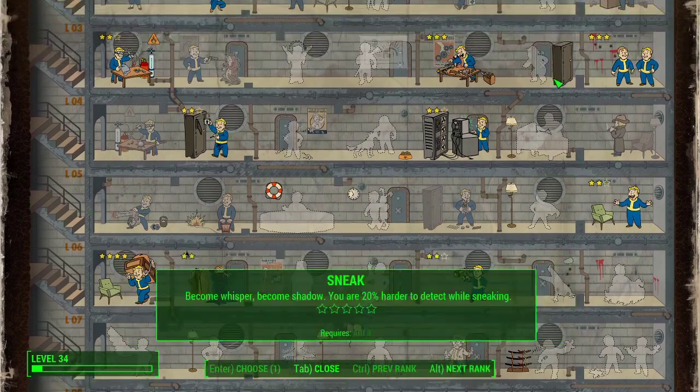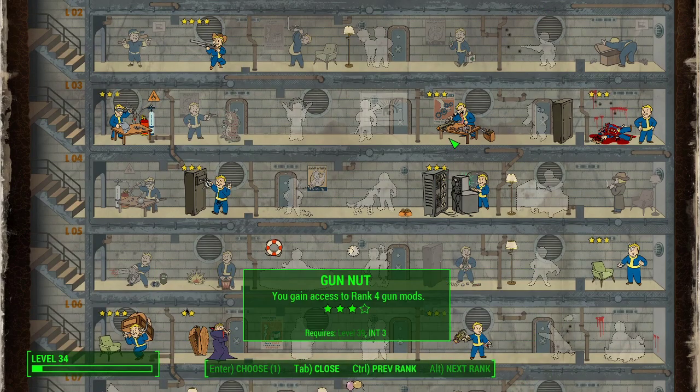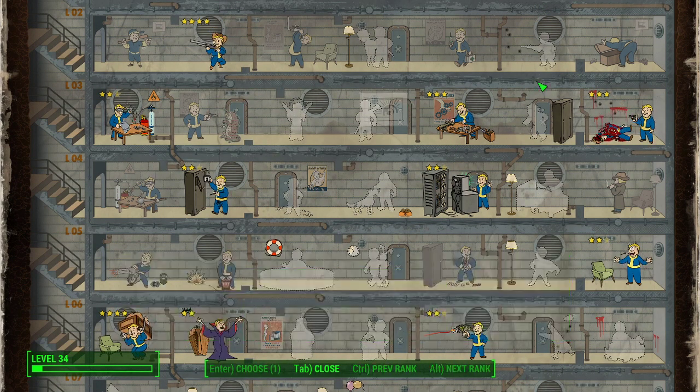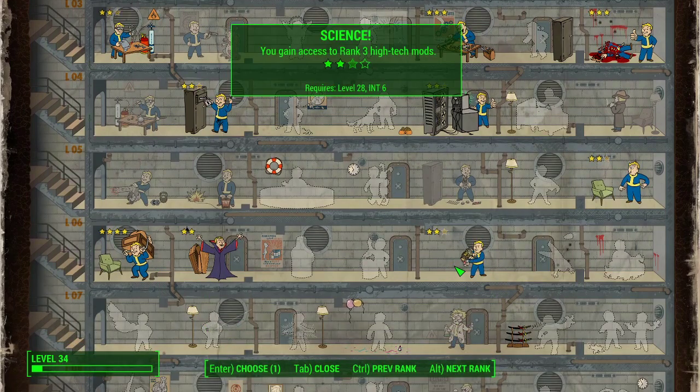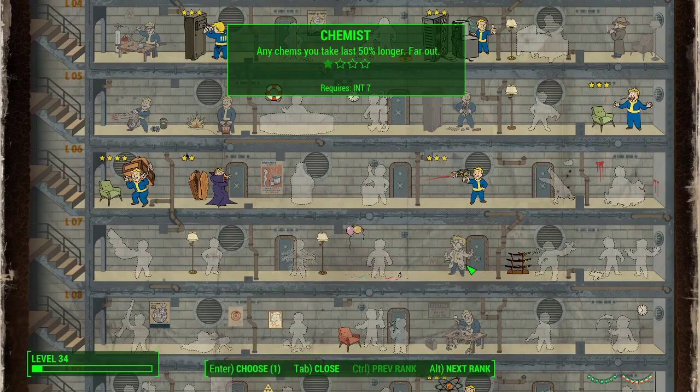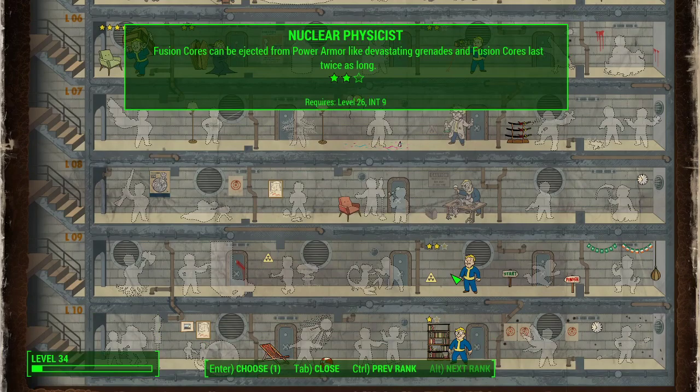I do not know what to level up. I'm genuinely stumped. Chemist sounds actually not horrible, but